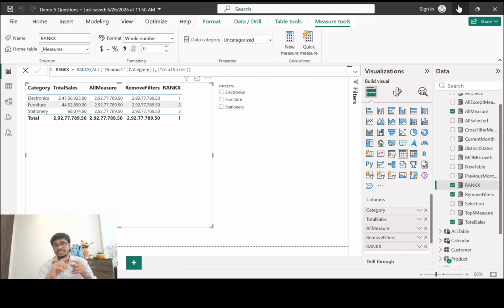Okay. Last thing, just if you are curious, why was REMOVEFILTERS introduced if we already had the ALL function? The ALL function can do both things, remove the filters and return a table, but it might get confusing. So only for the role of removing the filters, this particular REMOVEFILTERS function was introduced by Power BI. Okay. So this is the entire story of the difference between these two functions, and I hope this answer will help you answer in your interview questions very easily, and it will add value to your preparation for the job interview.